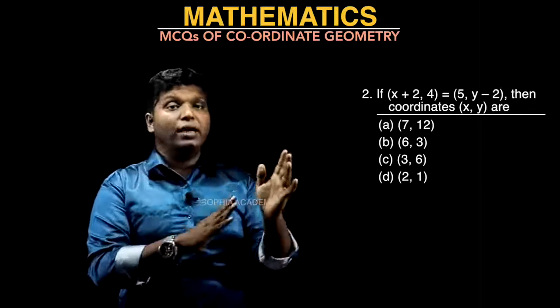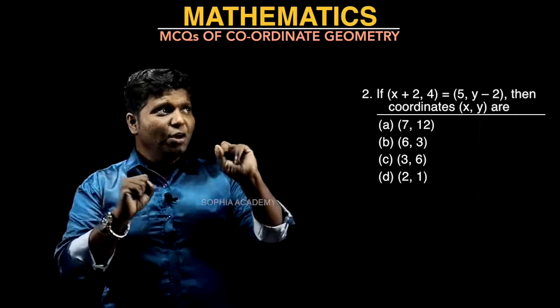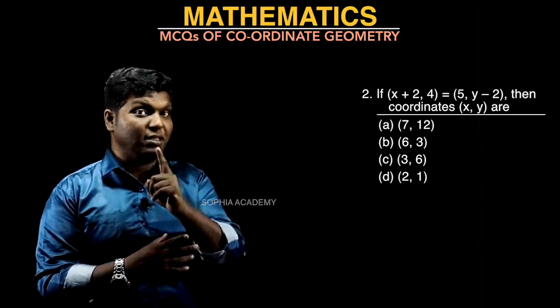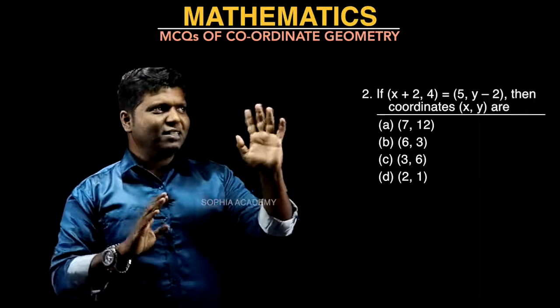So if these two coordinates are equal, see, without using the pen, I'm not taking any pen or pencil in my hand. Just by analyzing this question, you can understand. That's the trick which you have to understand, especially while doing MCQ questions, okay? Without using any pen, let us get into this question.